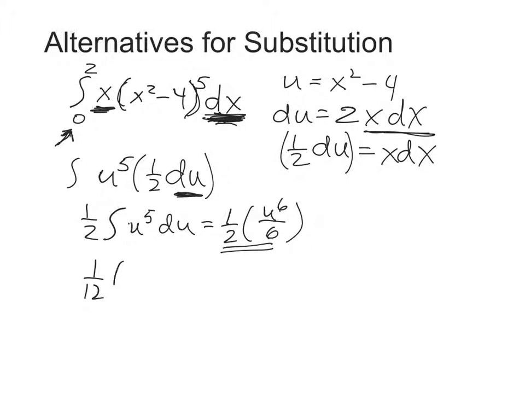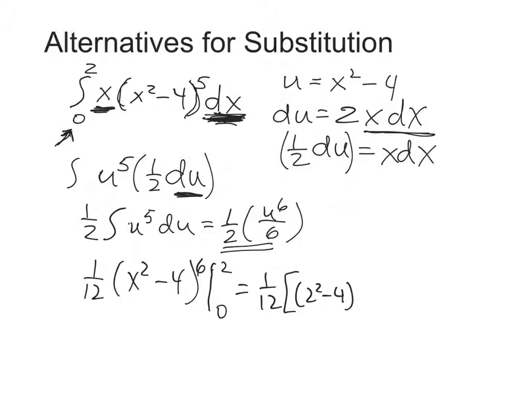U to the 6th, well, u is x squared minus 4, and that would be to the 6th, and then we evaluate this from 0 to 2. So 1/12 times, plug our 2 in, 2 squared minus 4 to the 6th, and then minus, plug our 0 in,